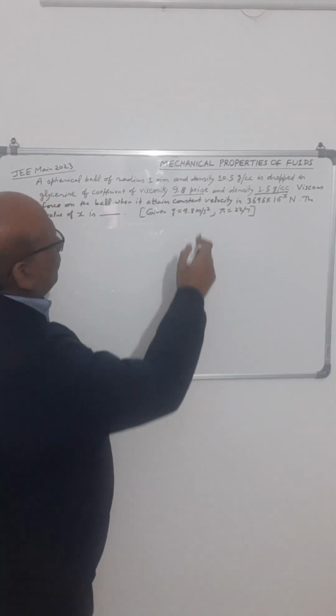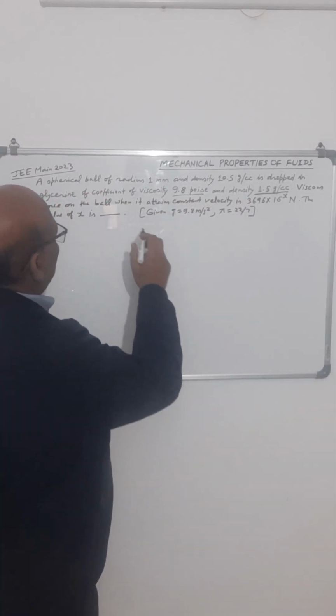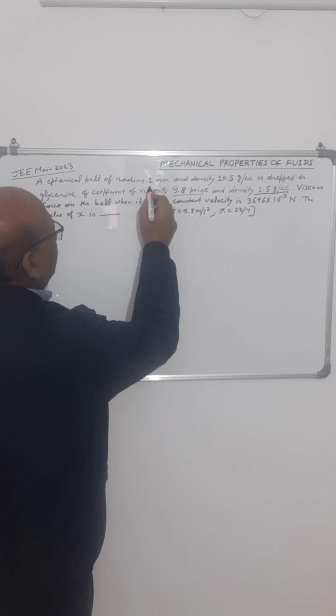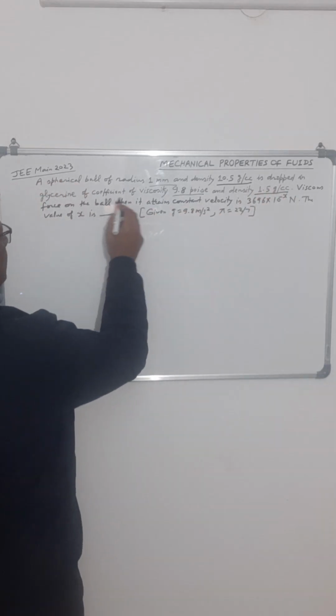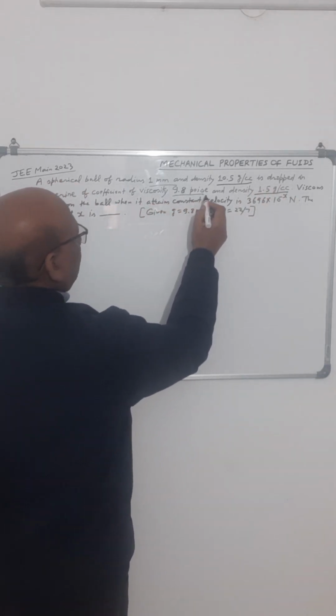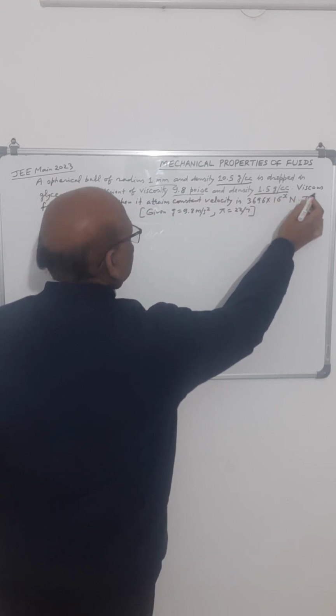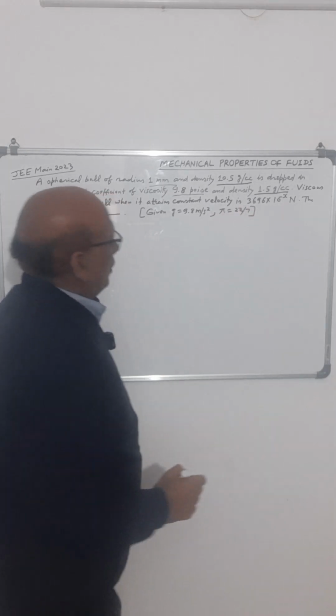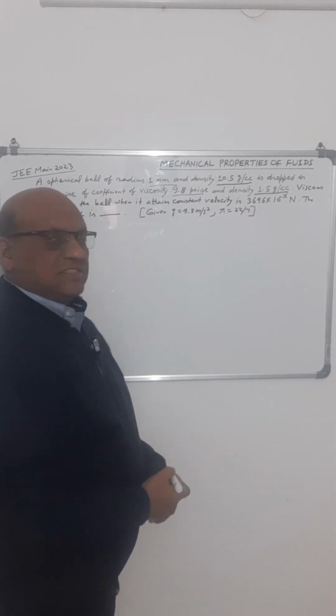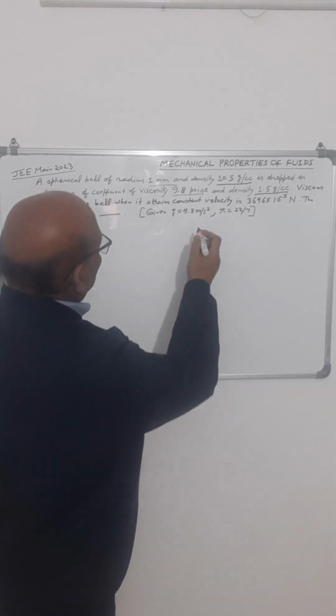So this question related to mechanical properties of fluids was asked in JEE in 2023. That is, a spherical ball of radius 1 mm and density 10.5 gram per cc is dropped in glycerin of coefficient of viscosity 9.8 poise and density 1.5 gram per cc. Viscous force on the ball when it attains constant velocity is... Okay, so we have to find the viscous force, that is 6 pi eta RV when it attains constant velocity, that means